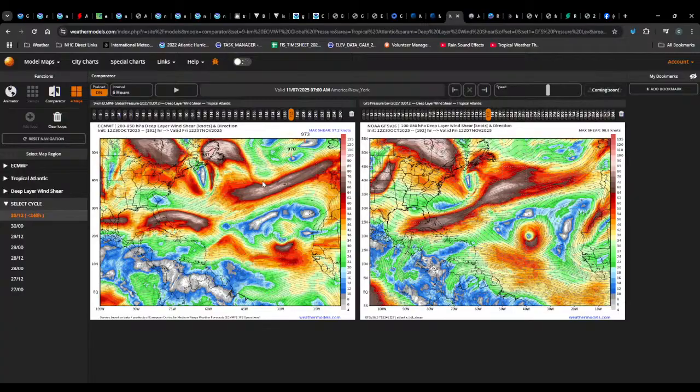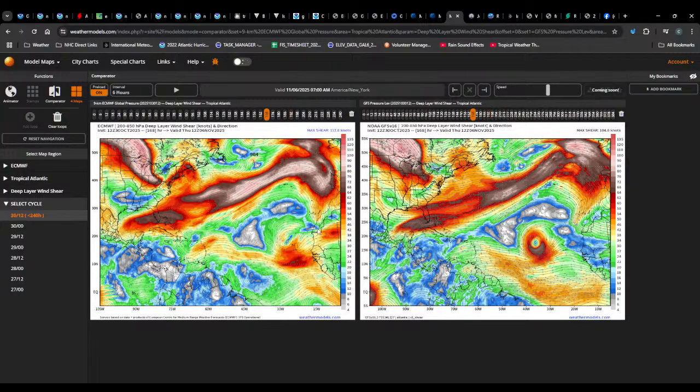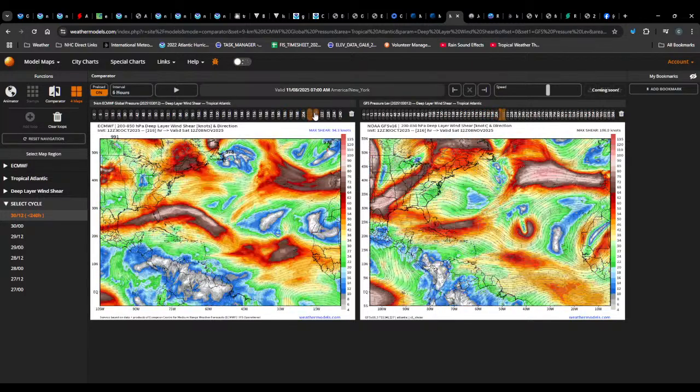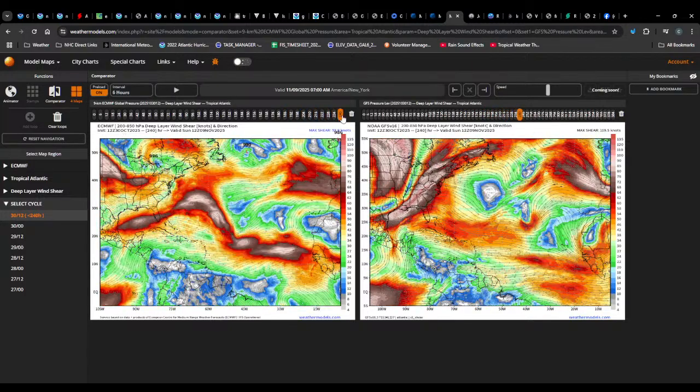And we're now here at day 7. Got a big old upper level low out here into the eastern portions of the Atlantic. And that, in combination with that jet streak, really looks to, by the time that we get to the end of this 240 hours, and I've seen this kind of run after run, with another frontal boundary approaching for a reinforcing shot,